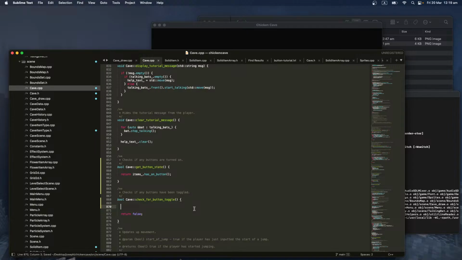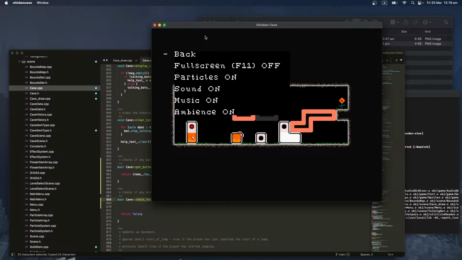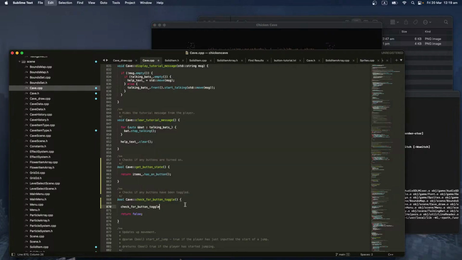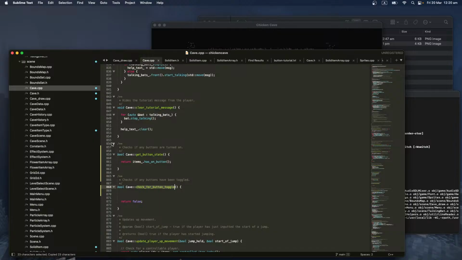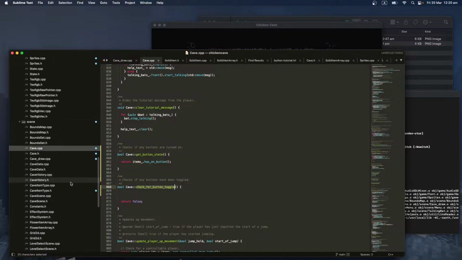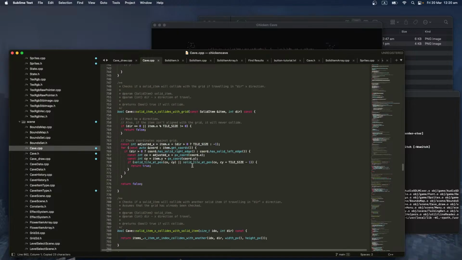So check for button toggle. This will happen. Turn off the music. We'll have to check for this whenever the player does a join or a disconnect. So we'll go